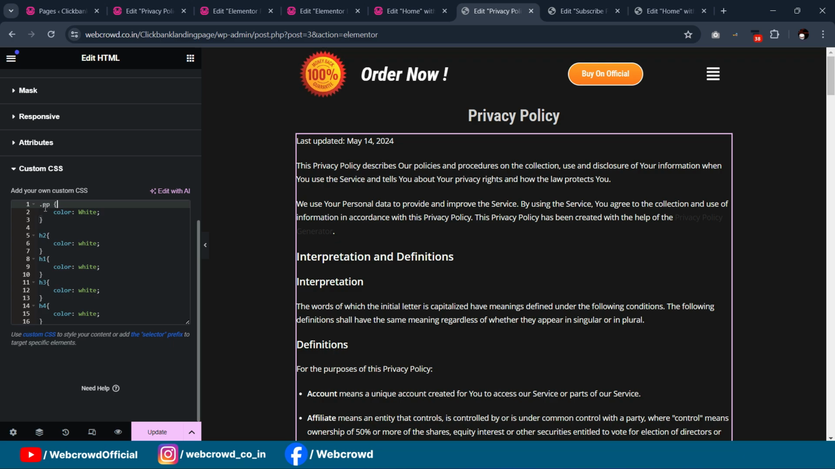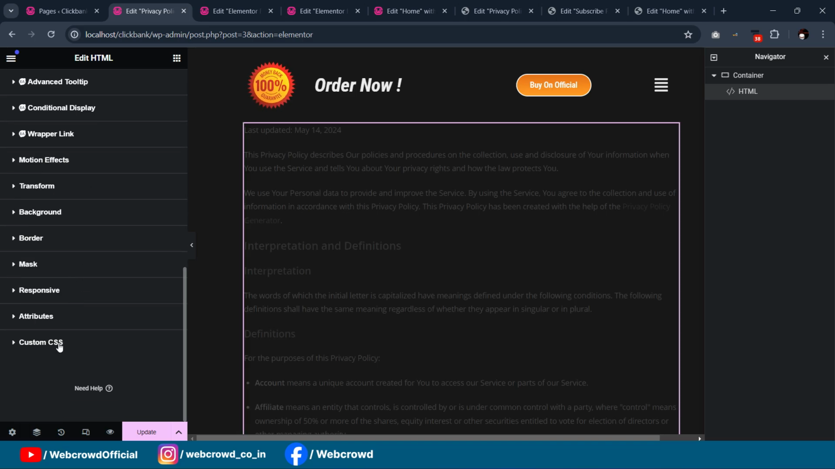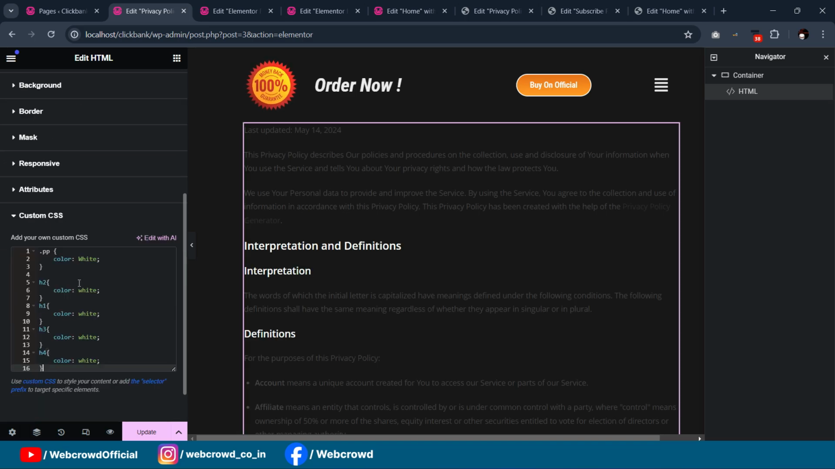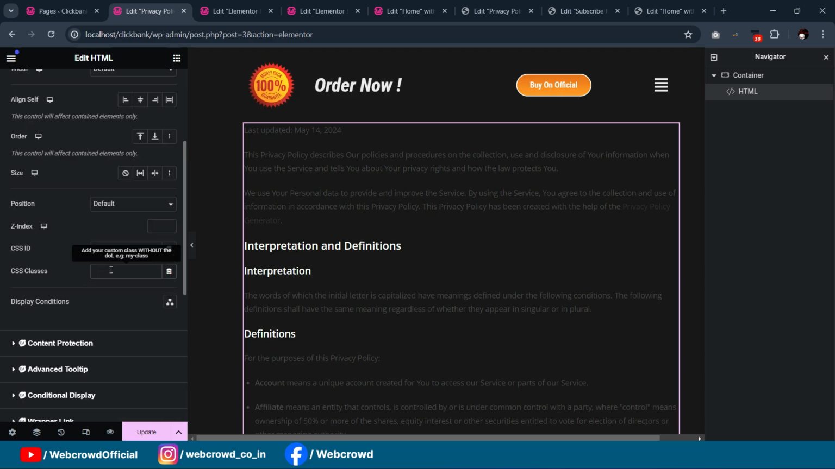Okay, I set the class name as pp and set color to white, so the text will automatically turn to white. After that h2, h1, h3, h4, okay, I set it to white. In this way you just have to set the color of each element like h1, h2, h3 or paragraph to white. So I will copy this code, go to advanced, to custom CSS and paste, and I will apply the class pp. Okay,